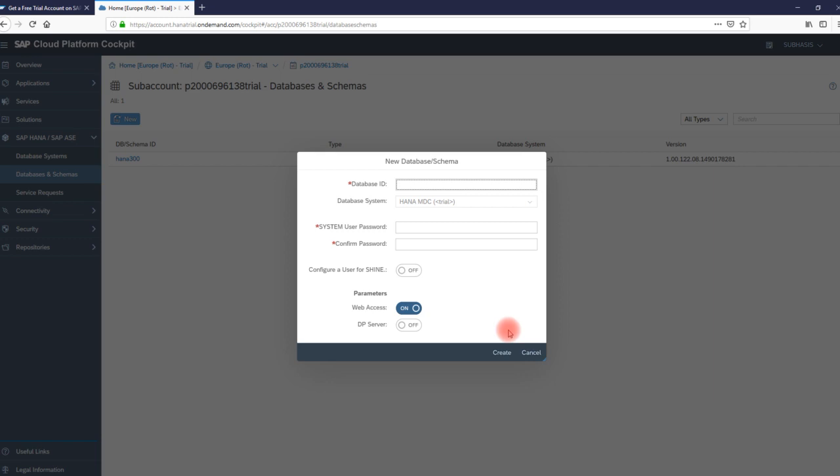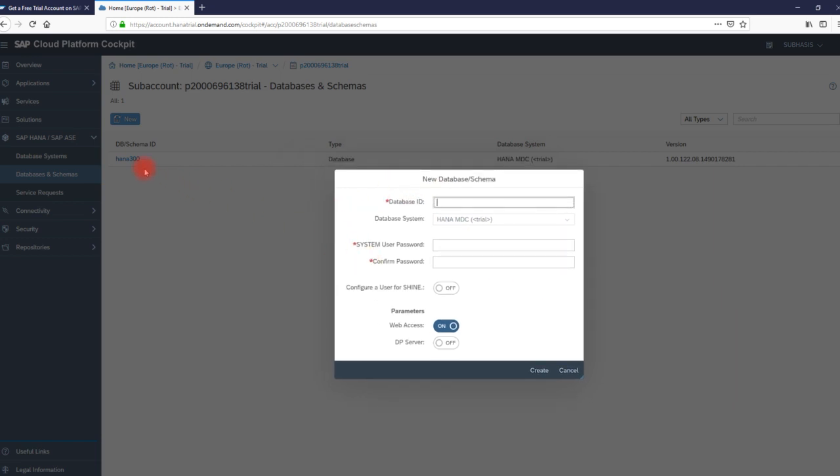It will ask you for the database ID. The database ID is nothing but the database name, like HANA 300 which I have given. You can give any alphanumeric name for that. Two more important things are that you have to give your system user ID and password. System is the default schema which will be used to log in to your database, and the user ID as well. Make sure you give a 15 character alphanumeric password for the system user, sorry, system password,